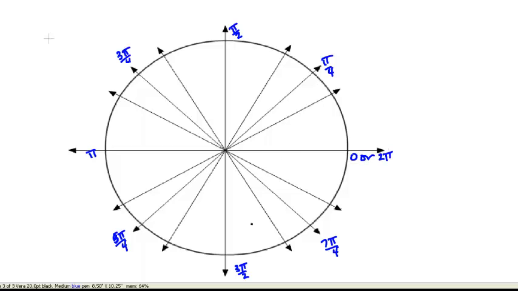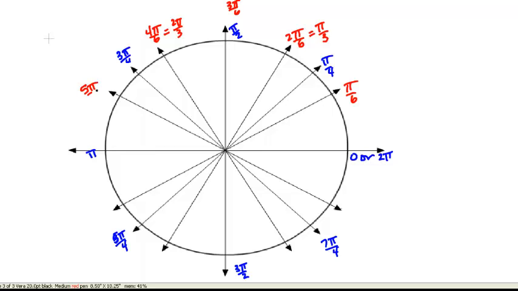Now for the other separation, if we count the rest of these divisions, we can count by pi over 6. So we'd have 1 pi over 6, 2 pi over 6, but that's just pi over 3, 3 pi over 6, which is pi over 2. I'll write it there just for reference, but you don't really need to have that there. Then we have 4 pi over 6, which is 2 pi over 3,